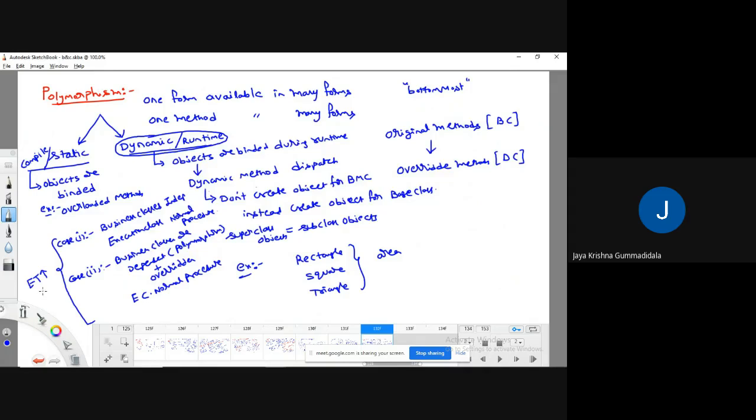as well as it is going to take more memory, and performance is also decreased.